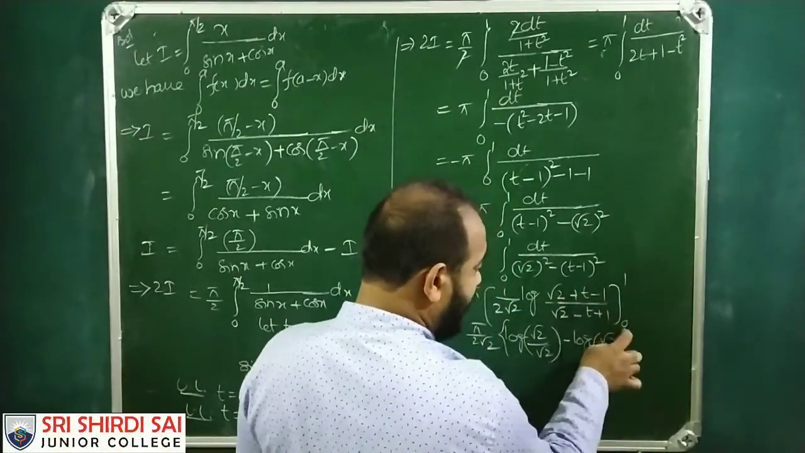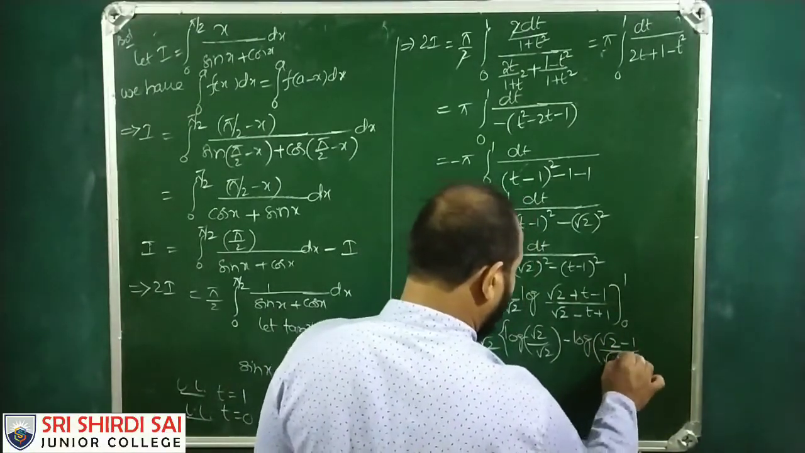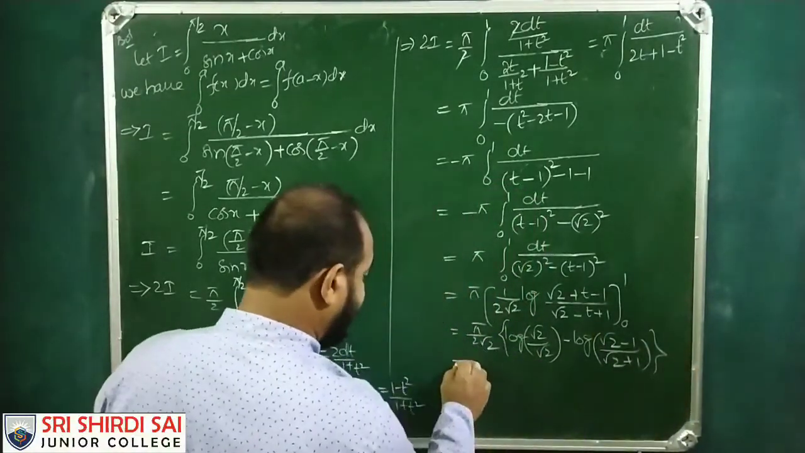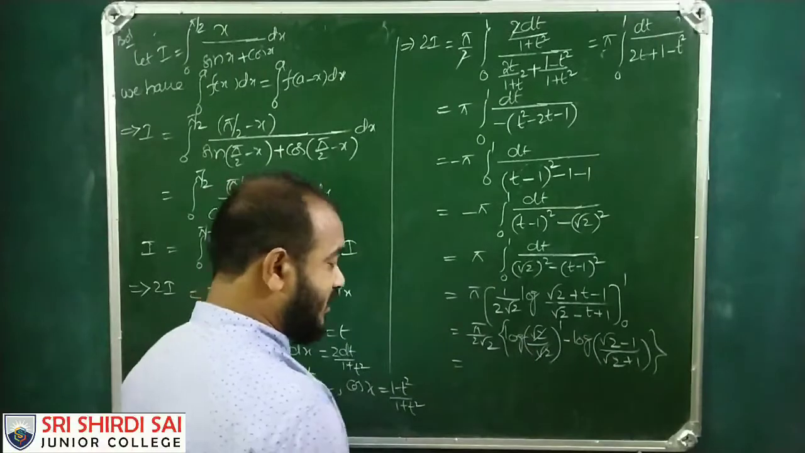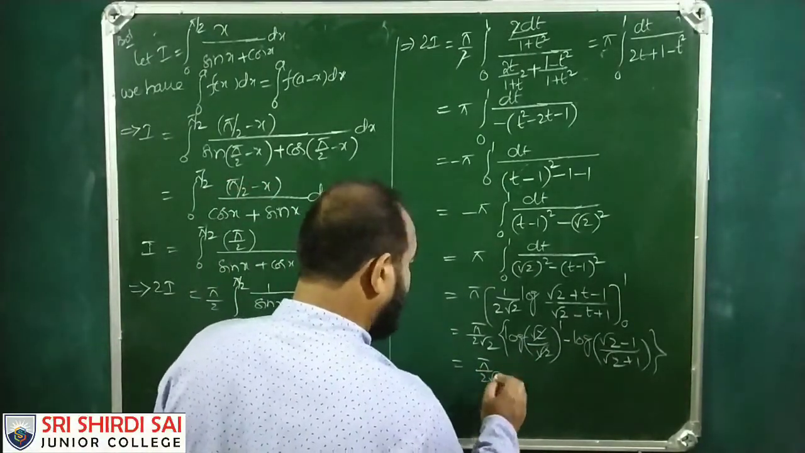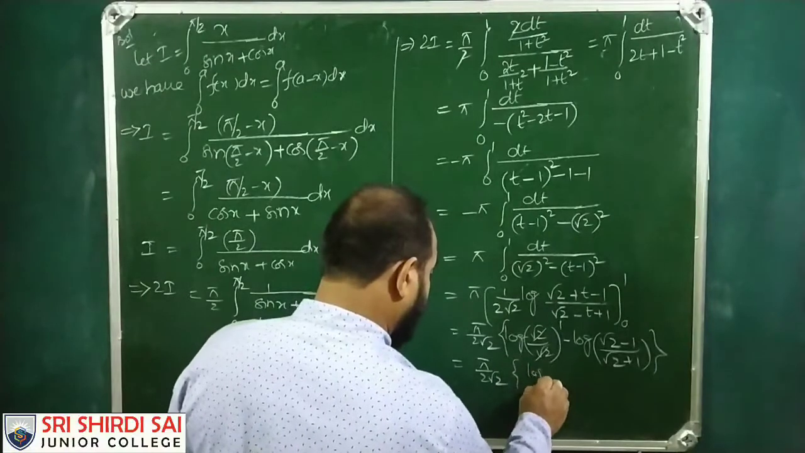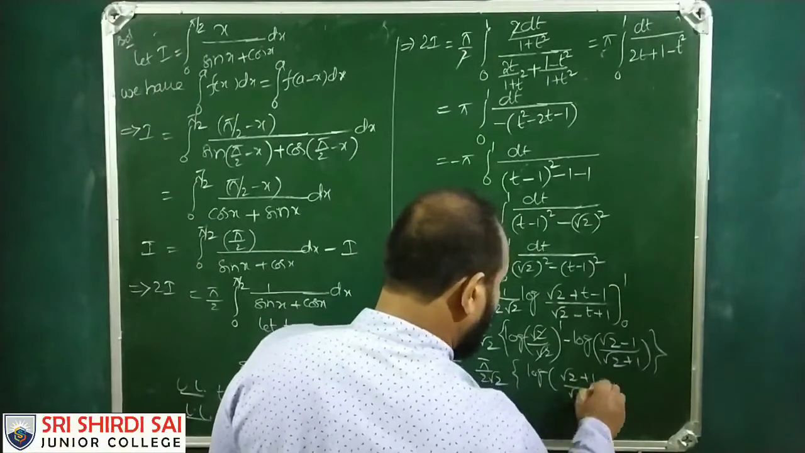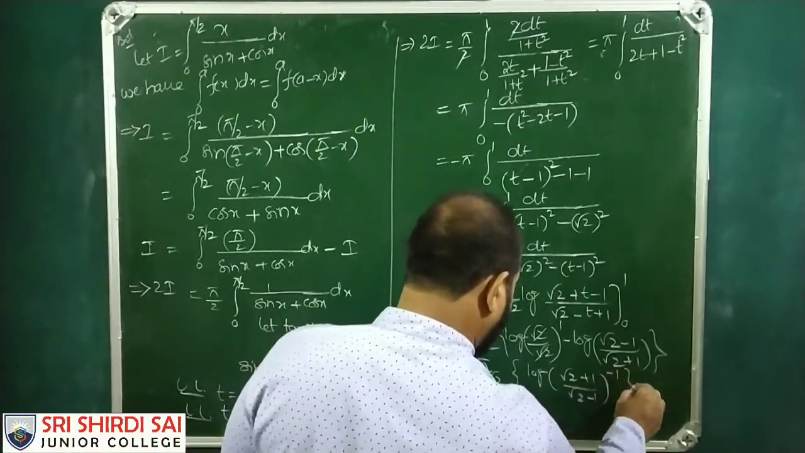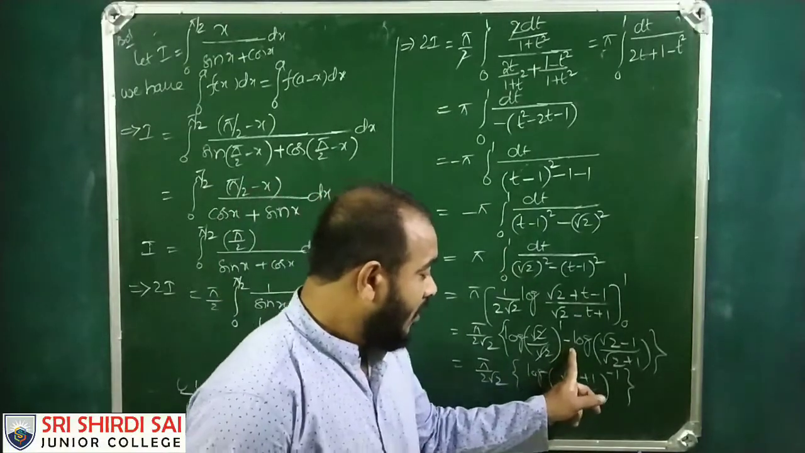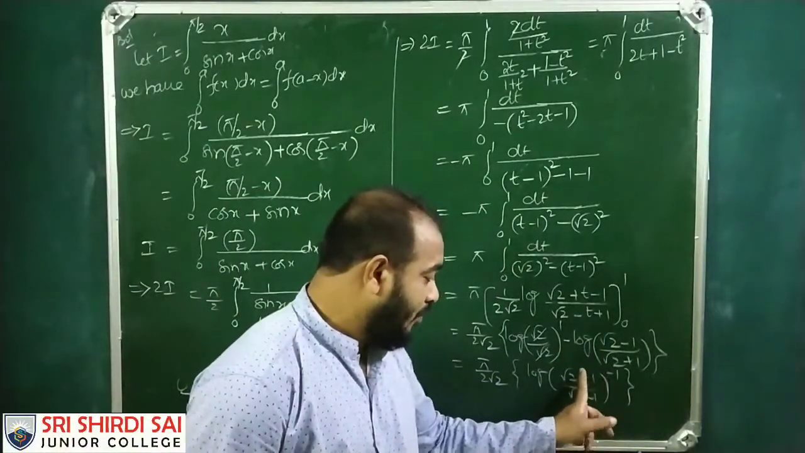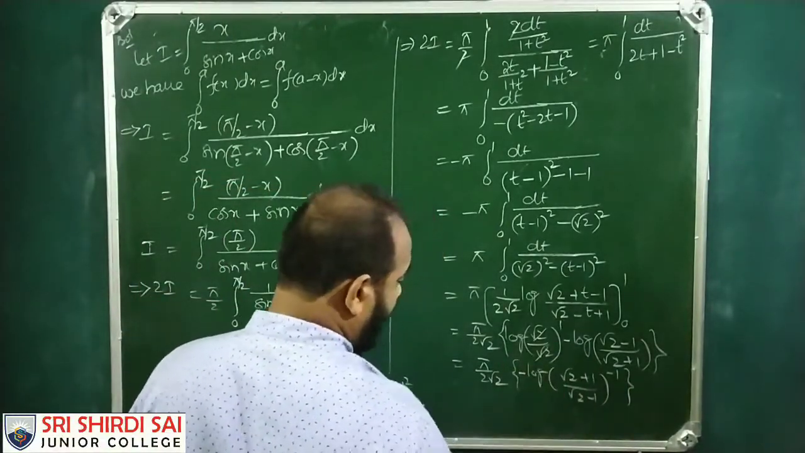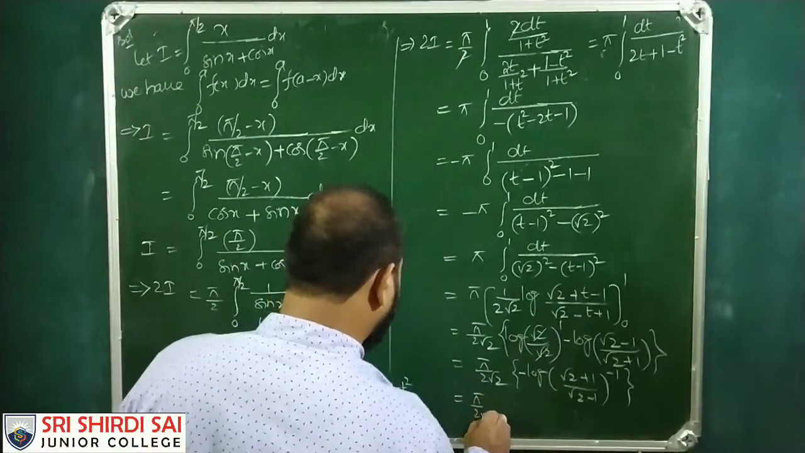The t value is 0, so root 2 minus 1 by root 2, t value is 0, plus 1. So this is equal to, this is 1, log 1 value is 0. So pi by 2 root 2, this is log a by b, which can be written as root 2 plus 1 by root 2 minus 1 whole power minus 1. This is log a by b can be written as log b by a inverse. So this is equal to, if this minus is already there, pi by 2 root 2 into log